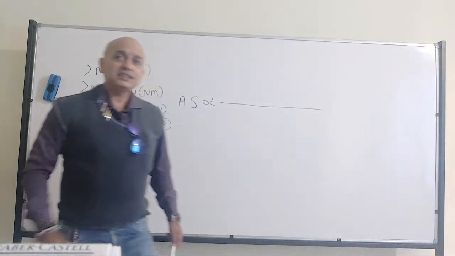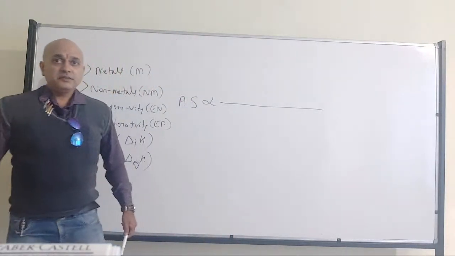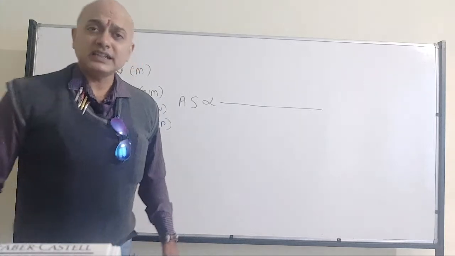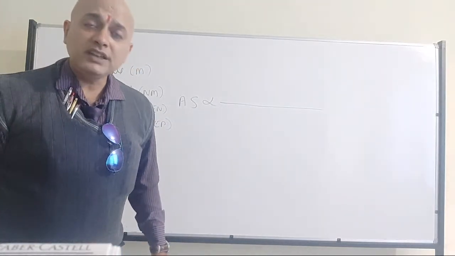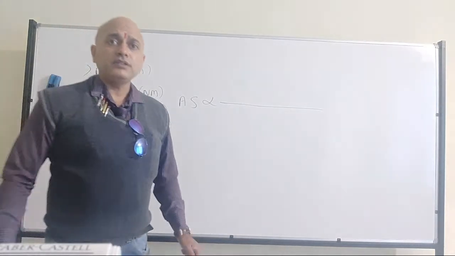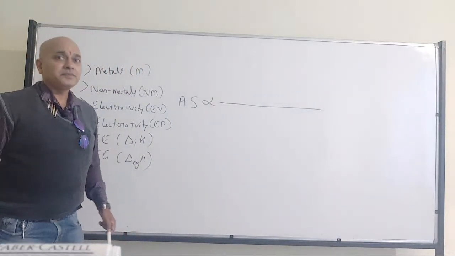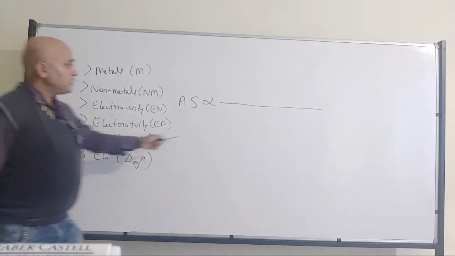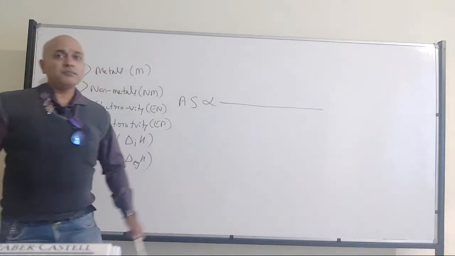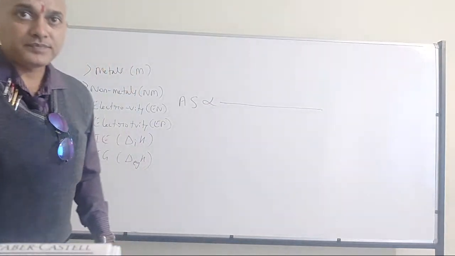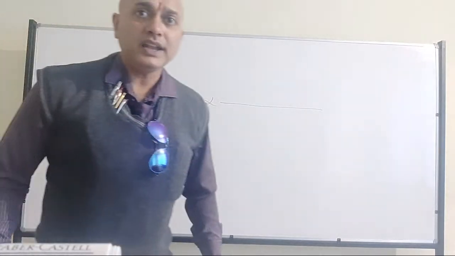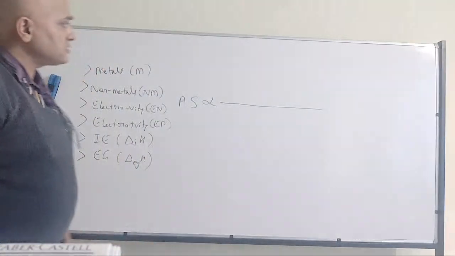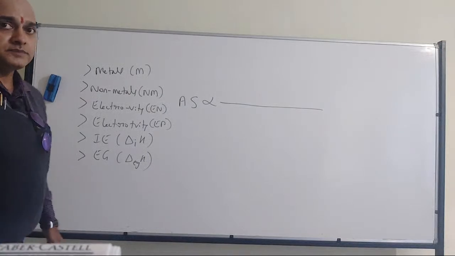In some of the textbooks they have discussed it like that. But in your NCERT, it is electron gain enthalpy. So we will go with electron gain enthalpy only. Fine. So now, can you tell me among these which will come in the numerator? First we will go with the numerator. Tell me which ones should come to the numerator.